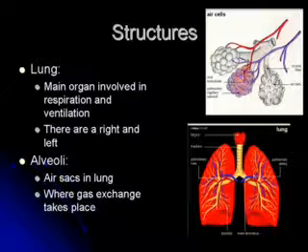You've got to get that gas exchange of the oxygen that you've breathed into your lungs from those alveoli, those air sacs, into the bloodstream. And the reverse process, you need to get that waste product, carbon dioxide, from your bloodstream into the lungs so your body can get rid of it through exhalation. And again, these are all structures within the lungs. The lungs, of course, are your major organ in the process of respiration and ventilation. And again, there's a right and a left, and that's why you have the division of the bronchi from the trachea. And you can see a nice diagram of that in the bottom right hand of